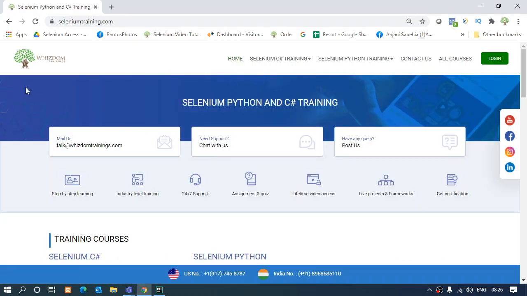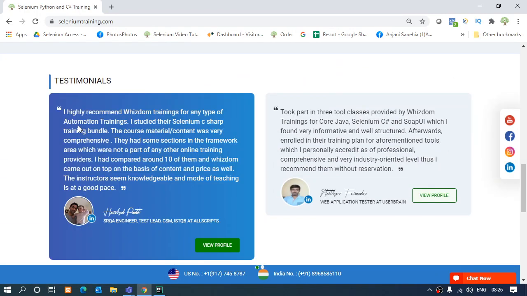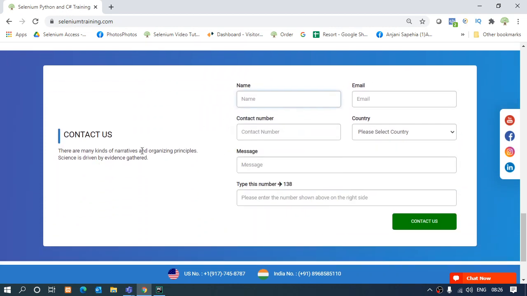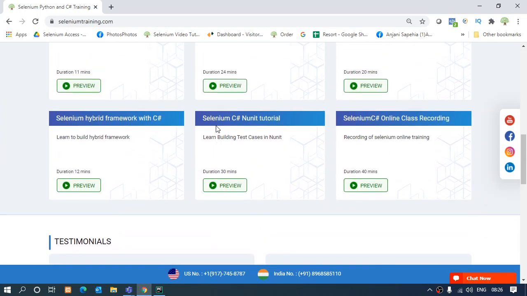Okay, now on this site you can see that I have an image over here. This is a logo, this is a link that is coming up over here, this is a button, and this is just a text which is informing me that this portal is for Selenium, Python and C# training. Likewise, I have an image over here, then I have static text, and I have a text box to contact the administrator. Likewise, I have a number of elements over here. Now how to identify the different elements?